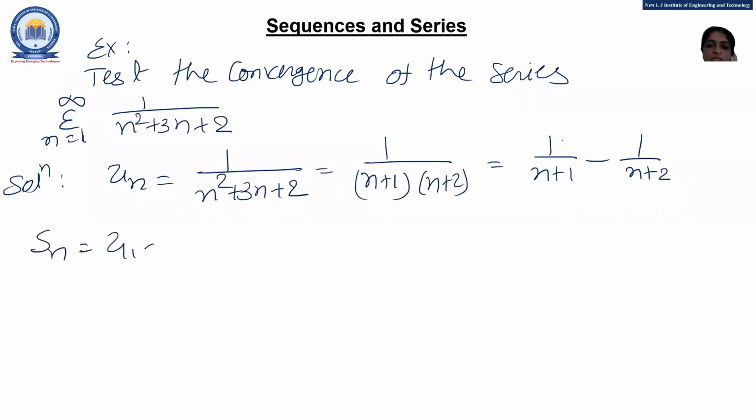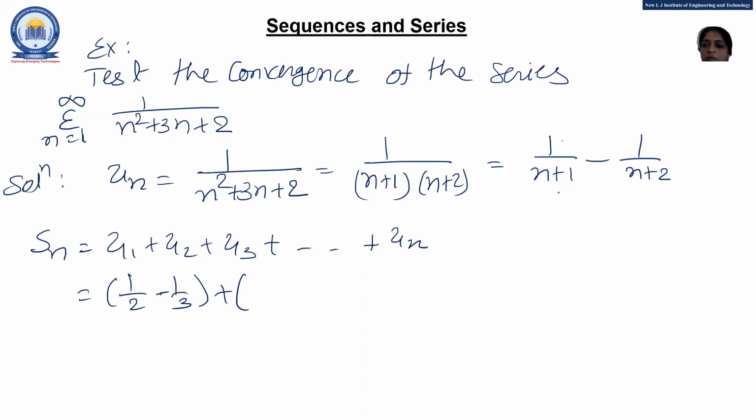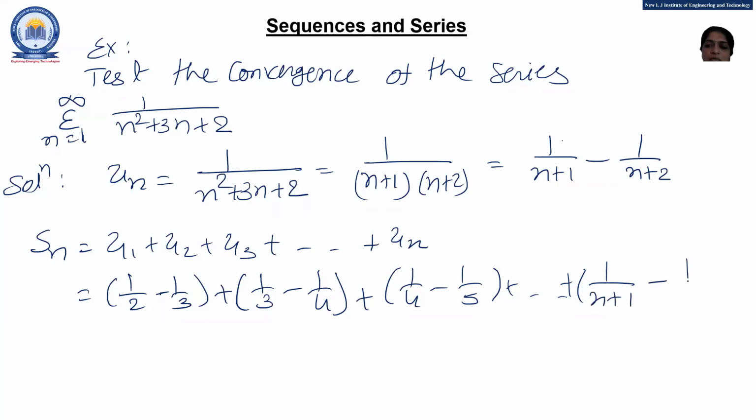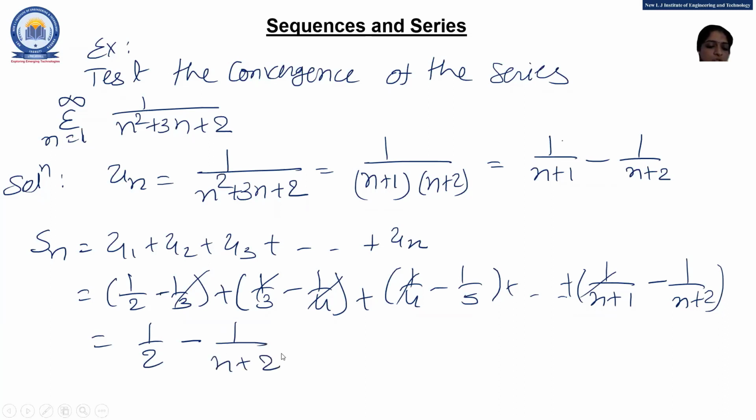So, as both are the same here, now we want to go with Sn. And Sn is what? First term, second term, third term, up to the sum of the first n terms. Okay, so if I put n equal to 1 in this, my first term will be 1/2 minus 1/3, right? Now, if I put n equal to 2, then this is 1/3 minus 1/4. Similarly, 1 by 4 minus 1 by 5, up to 1 upon n plus 1 minus 1 upon n plus 2. So, all terms between the first and last term will be cancelled out, and the remaining term is 1/2 minus 1 upon n plus 2, right?